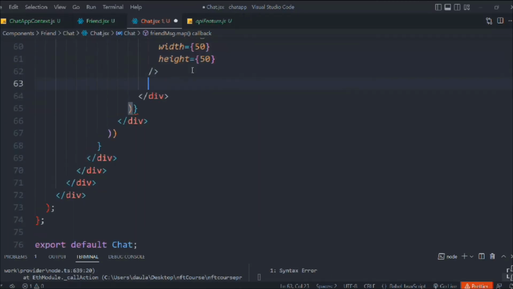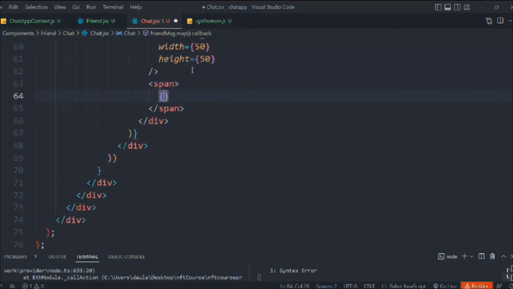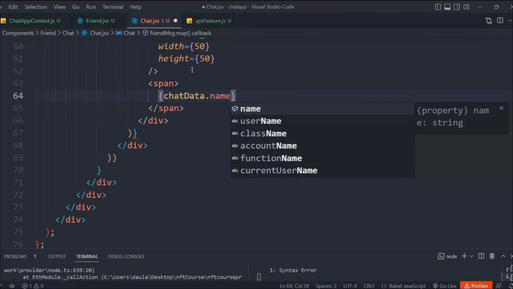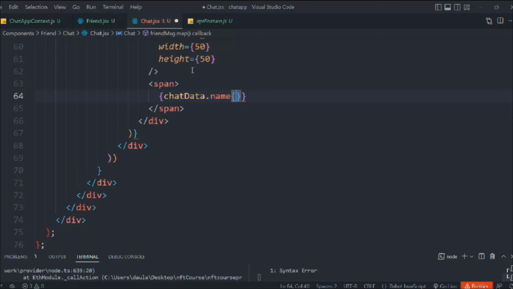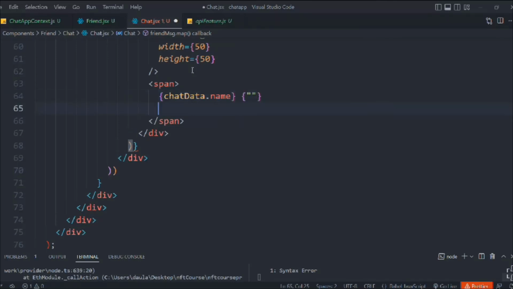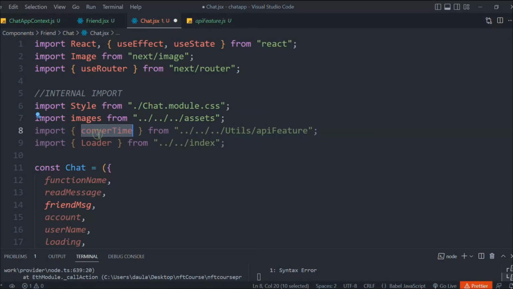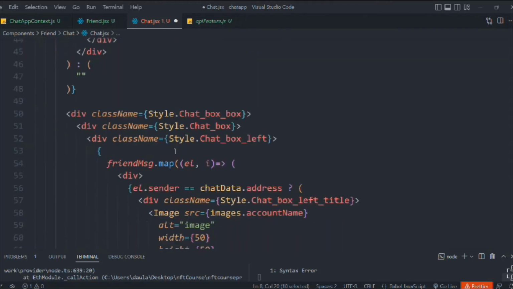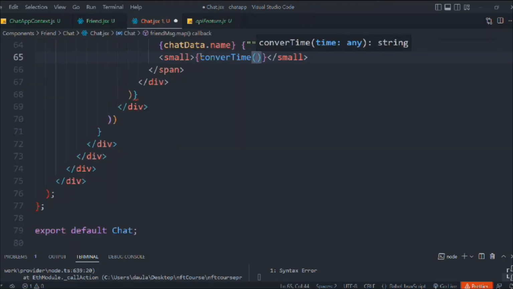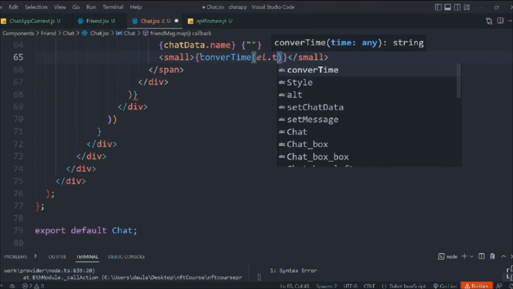and down below we're going to take this span, and in that we're going to display this data, name of the user, and I want to display the, let's say, time. Okay, when the user is sending the message. So we're going to call the function. So let's take this, and here we have the function. Remember this is the function we have imported, that's what we're going to use. Simply copy and call the function, and in that we're going to pass the timestamp. Okay, so element dot timestamp,